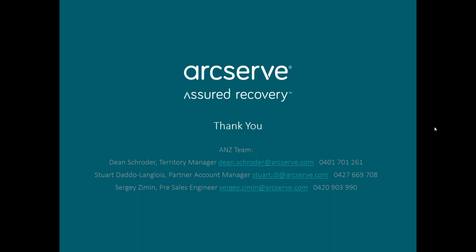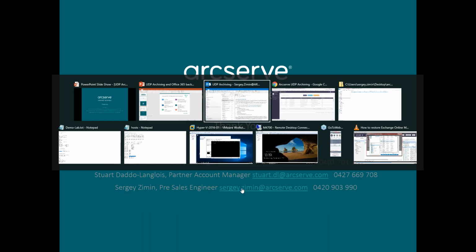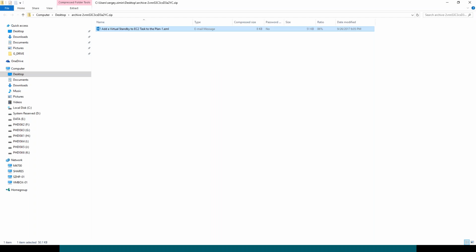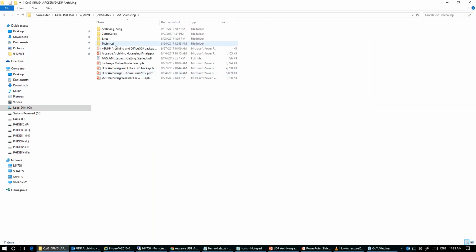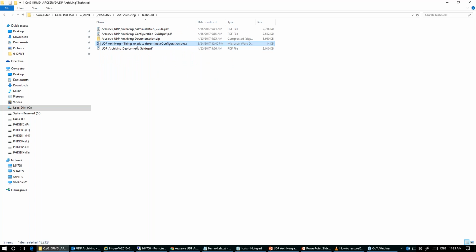And I do have a document with a few more items, like comparison chart, I should say. Let me just put it on the screen before you go. We're doing good in time-wise. Let me get to that. Archiving technical, like this one.